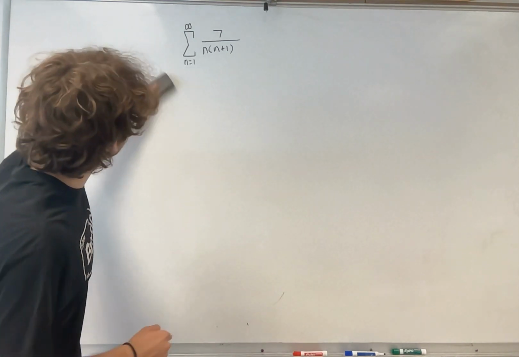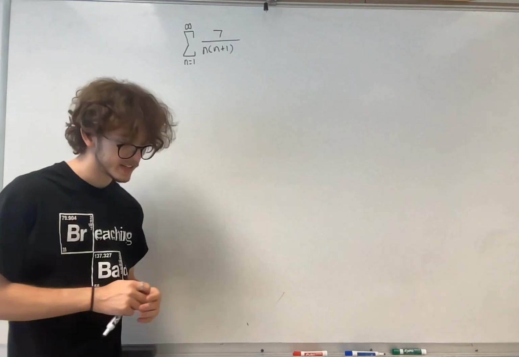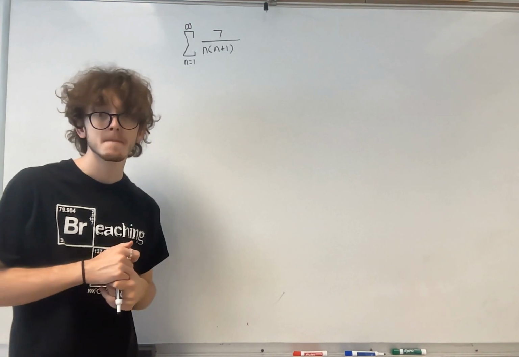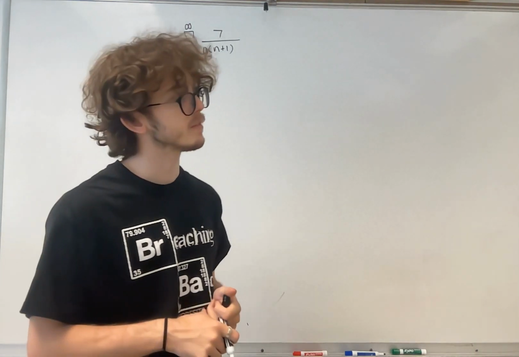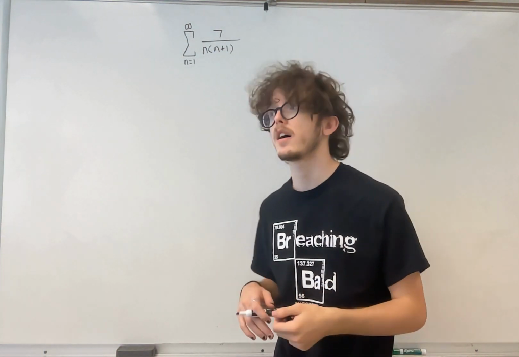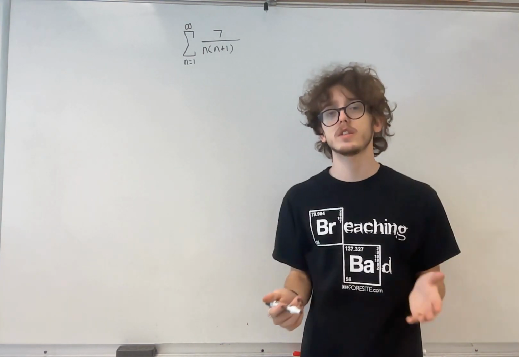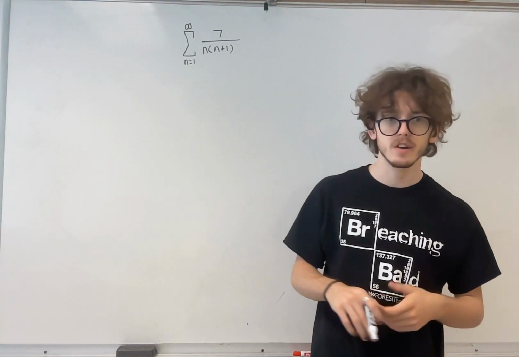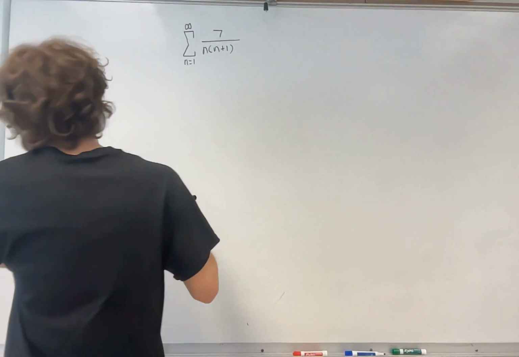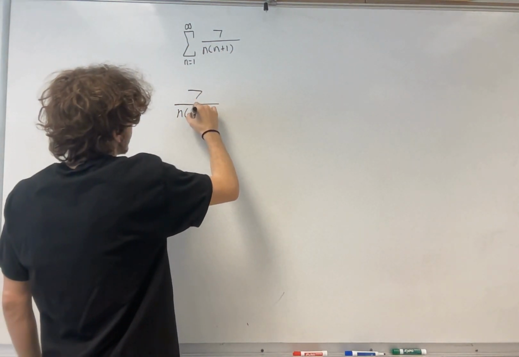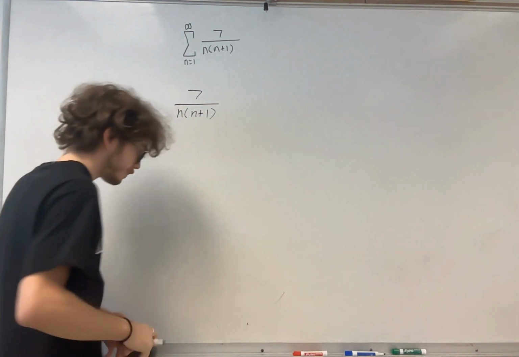Okie dokie, so we can't use the divergence test. I suppose we could use the integral test, but that's going to get long and tedious. Let's do a comparison test. That's what this problem is in the context of. We need to do a comparison test or a limit comparison test. So I'm going to go ahead and do a little comparison here. So I'm going to say that 7 over n plus 1,